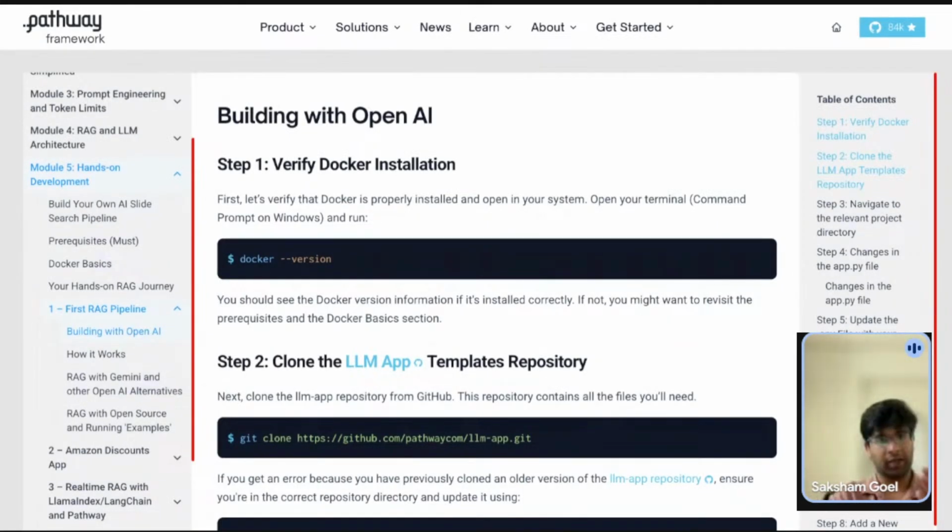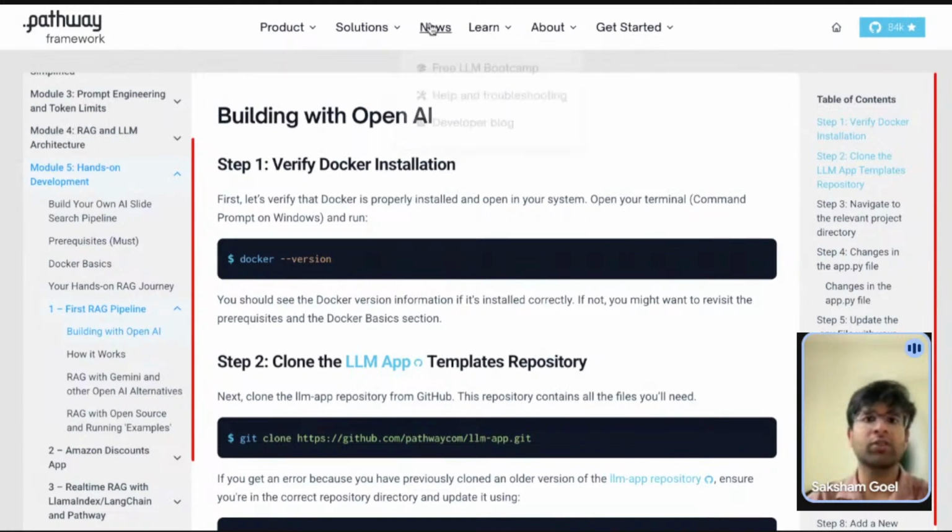If you are on Windows, that is very important: Pathway is not currently compatible with Windows. It is compatible with Linux operating systems, macOS, or even WSL, which you can use. For Windows users, this is sort of a drawback of our framework, you can say. But you need to install Docker. The advantage of using this is that you get to containerize your application, and that is very good to put on your resume. If you are building these applications in Docker in your college, I think it's very helpful in your resume. So here it's defined very clearly what you need to study.